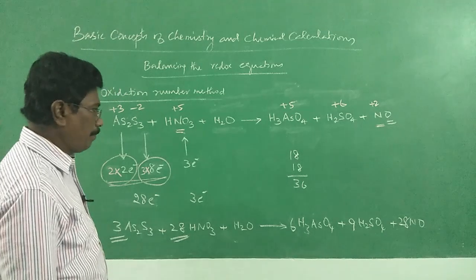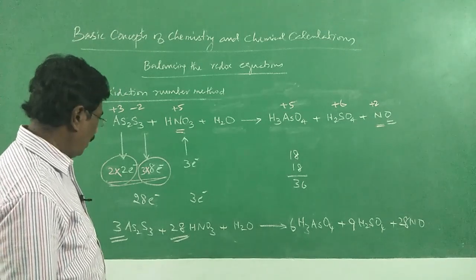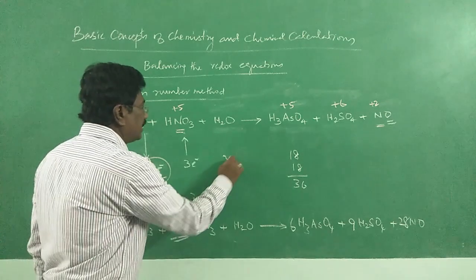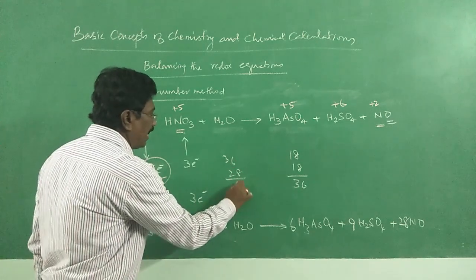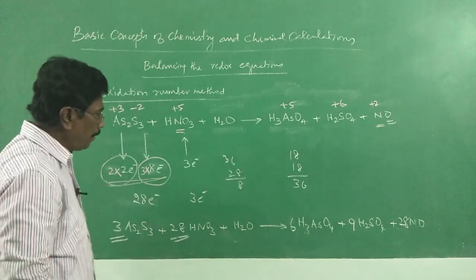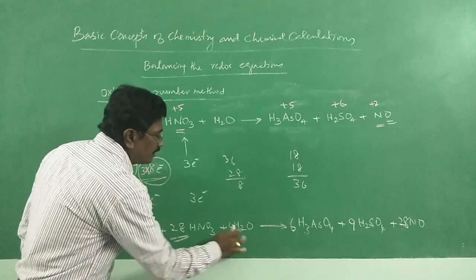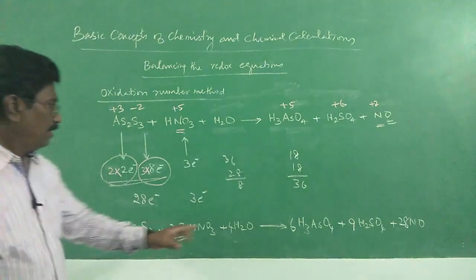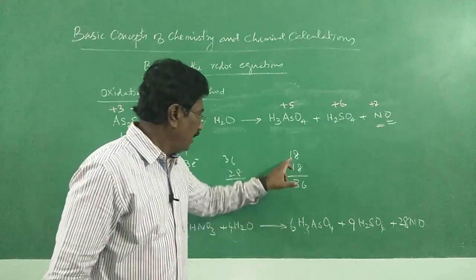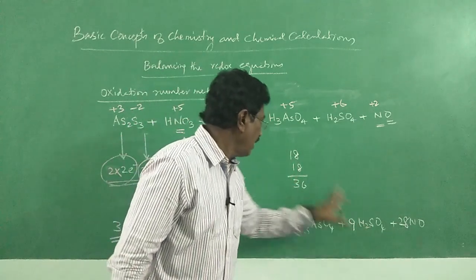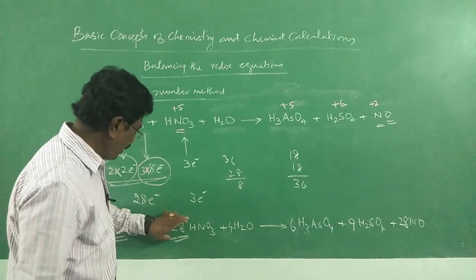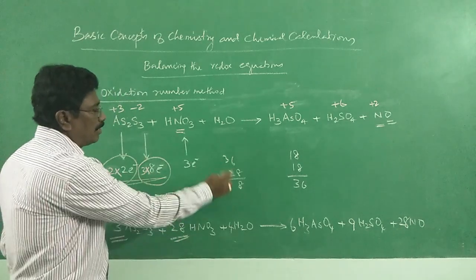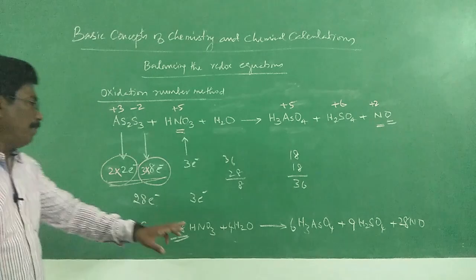All right. And hydrogen here we have 28. Remaining 36 minus 28, remaining 8. Therefore, it may be 4H2O. 8 hydrogen here, it may be 4H2O. Just assumption. 6 into 3, 18. 2 into 9, 18, totally 36. Here it is 28. This number should not be disturbed. Remaining 8. Therefore, I made 4H2O.